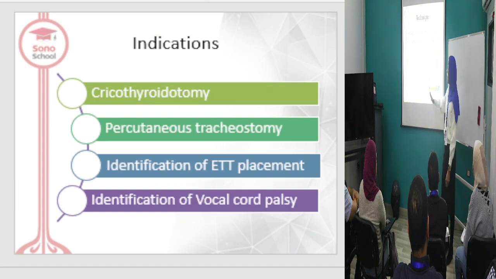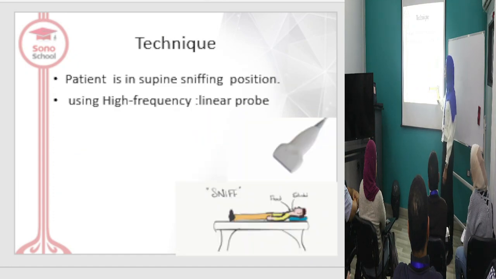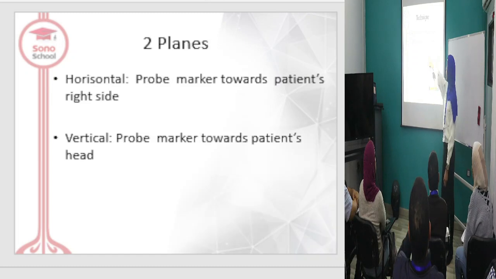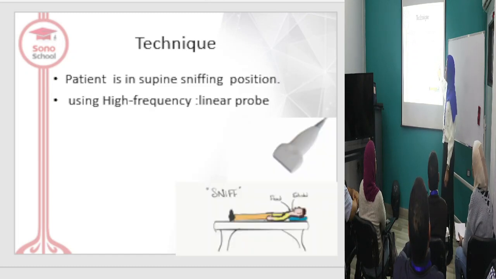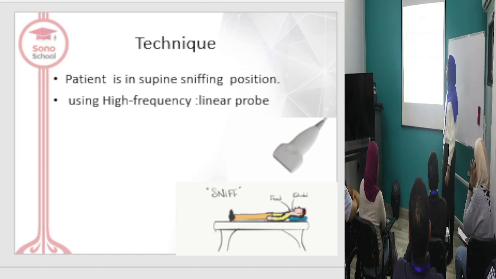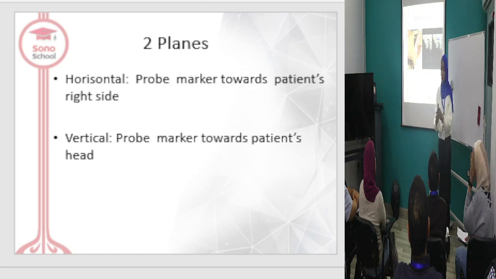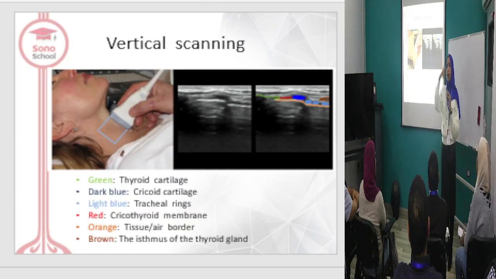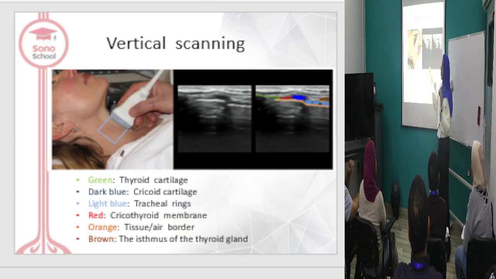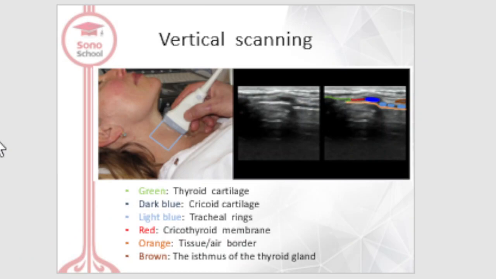Technique: the patient is in supine sniffing position to open the view, using a high frequency linear probe, a superficial probe, in two planes, horizontal and vertical. In vertical scanning, the marker is directed up, starting from the suprasternal notch, seeing the trachea rings like beads, then